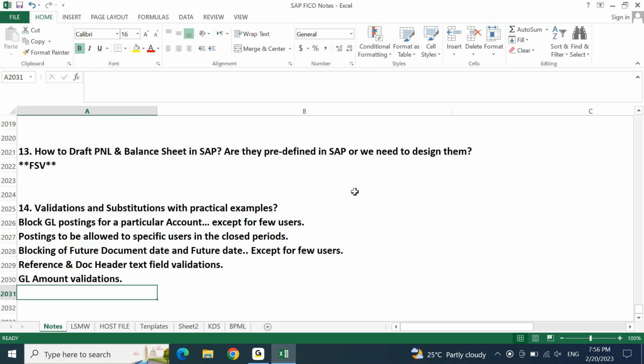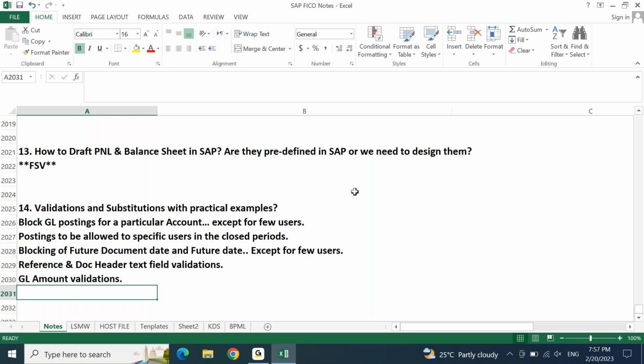Let's say if you take the cash account, I don't want anybody to record a cash transaction beyond 1,000 rupees in any transaction, which means in a single transaction cash cannot be received or paid beyond 1,000. How are these kinds of requirements handled,